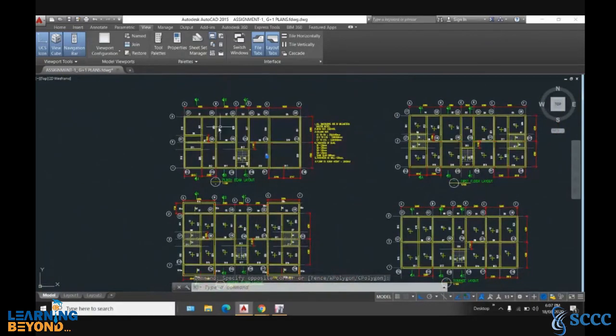So if I see, all these columns are connected, here also the columns are connected, here also the columns are connected, so here also the columns are connected.